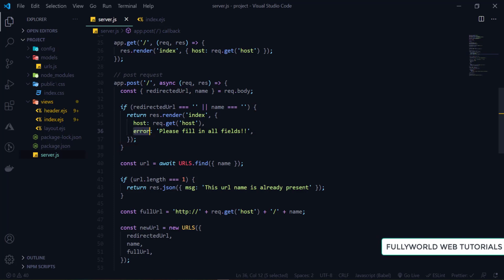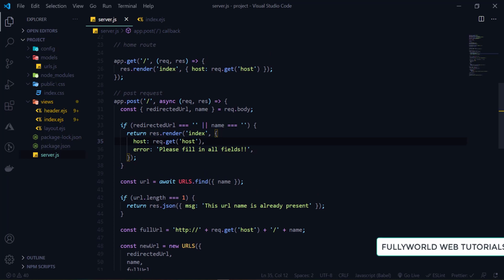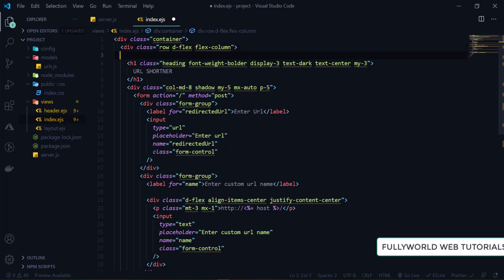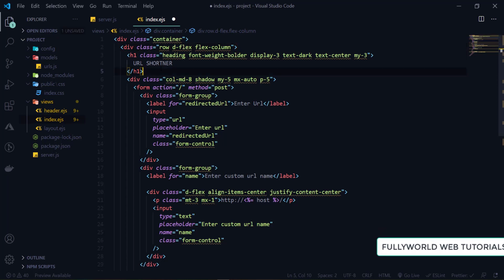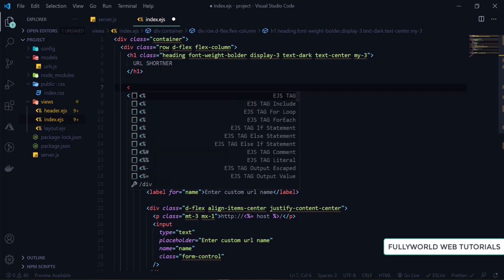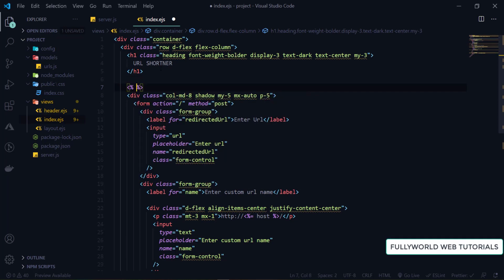Now how to check if error is present? We pass the error, but in the first get request, when this renders the first time, only host is present. So how can we check if error is present or not? For that we have to write JavaScript here.